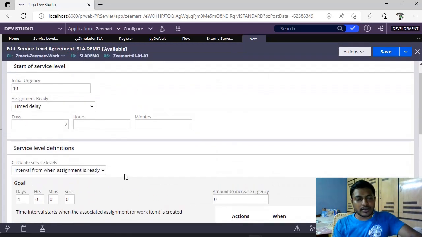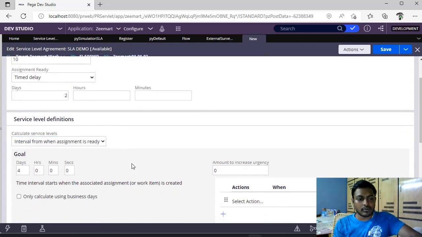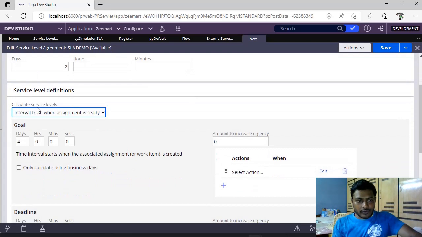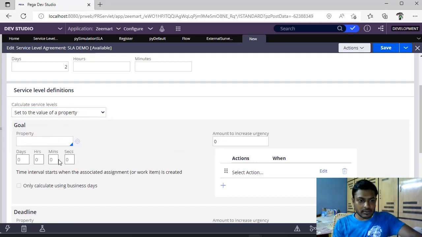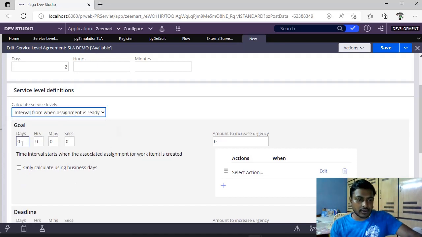So whenever this SLA is invoked, from there it would be taking the count. And if you see here, there is something called calculate service levels. So if you want to set the value through a property, you can give this. Then you can see the property, and this is disabled. So in the case processing, if you already have a decision table or decision tree and you want to play with a property, you can give this. Or if you want to hardcode the days here, you can give this based on your